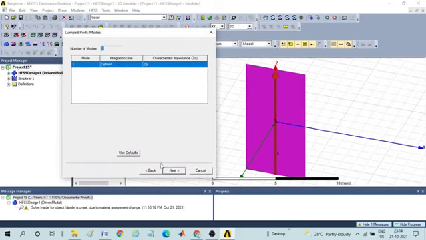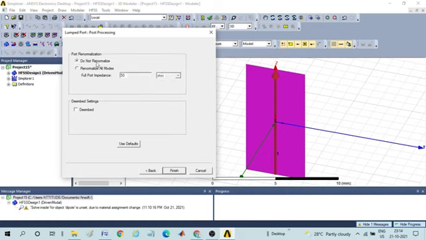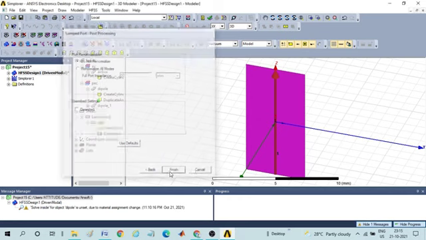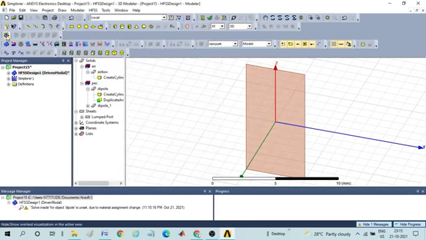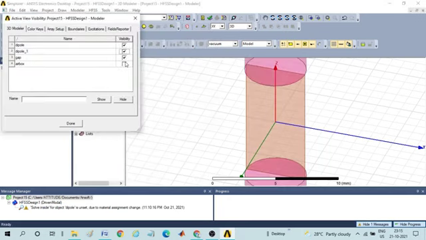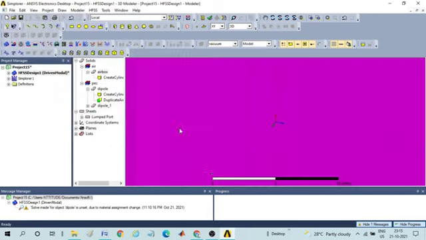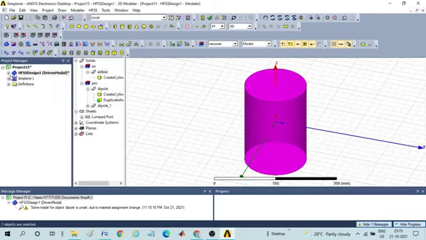Once it is defined, click next and click on do not renormalize. Here the option of 75 ohm is chosen because we know the radiation resistance of dipole is 73 ohms. Then click finish. Again go to visualization, you bring back all the components, press Ctrl D.